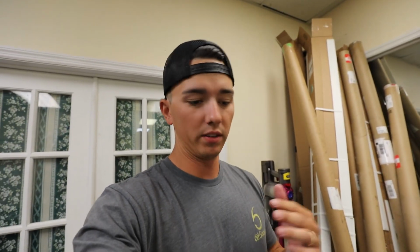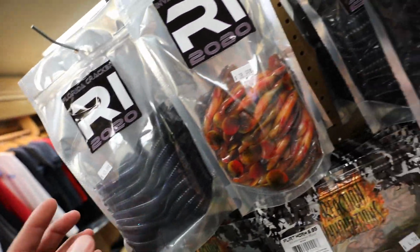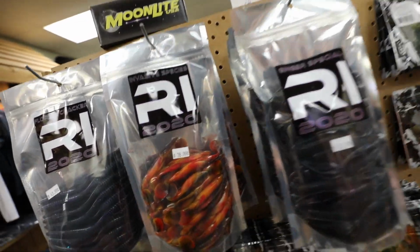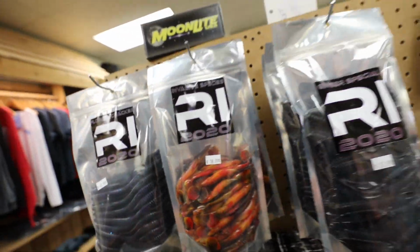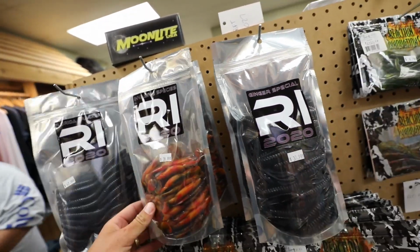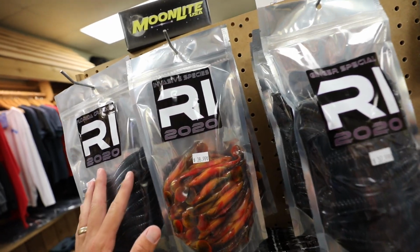But I'm gonna show you around Tackle Trap really quickly, because they have some really badass stuff here that I think a lot of tackle stores don't have, which is really cool. A lot of custom colors. These are some of those classic colors, right? Yep, those are the classic specials. All right, so these are super limited. Is this all y'all got of these? It is. Well, that's all the whole world's got probably left. Got some more of the gender specials in the back. Yeah, so if y'all been looking for these, I'm pretty sure these are the last like 10 packs probably in